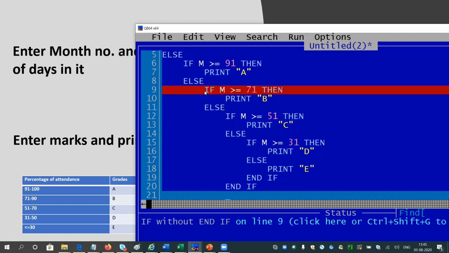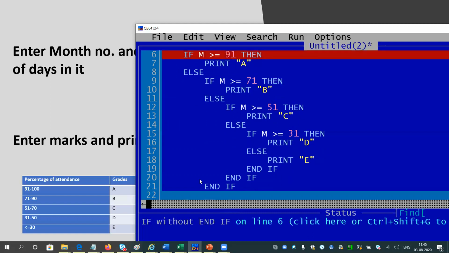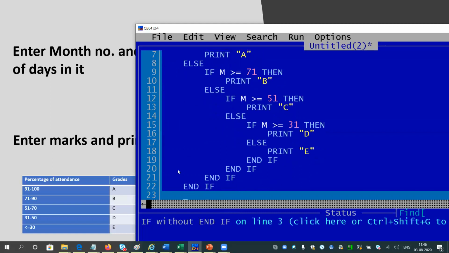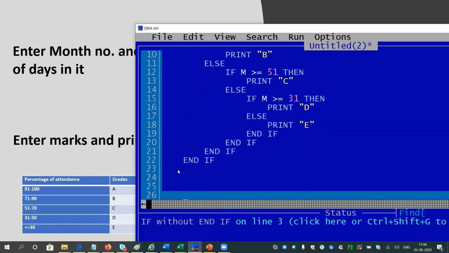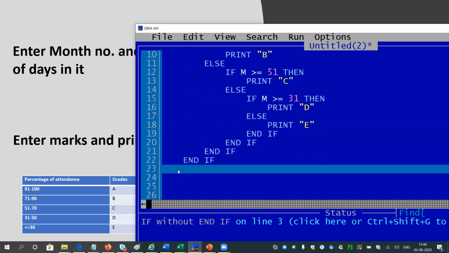Then the next if else and end if, and there is another if, and I have to give it here end if.